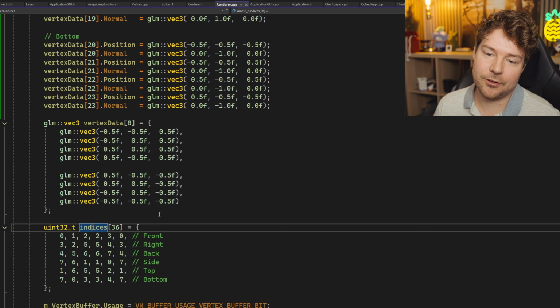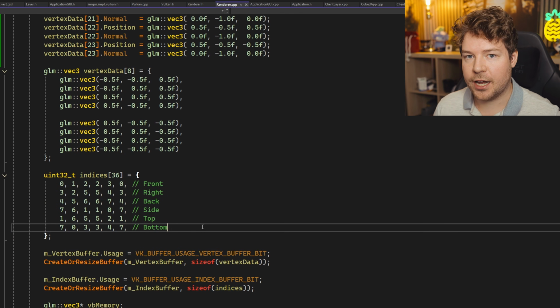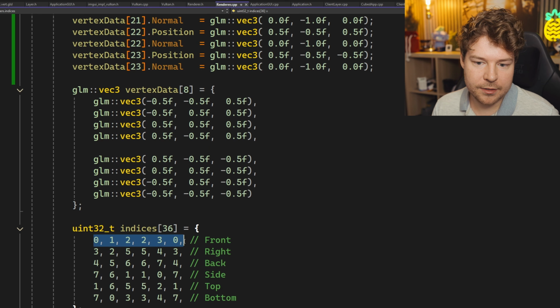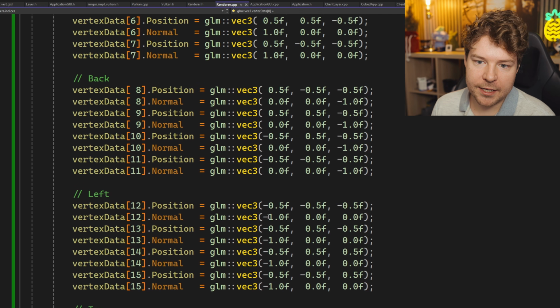So indices, though, is one other thing we're going to need. Now, here's the thing. The indices have obviously changed. However, they do follow a pattern: 0, 1, 2, 2, 3, 0. Literally all of them are going to follow that pattern now. We can see here that